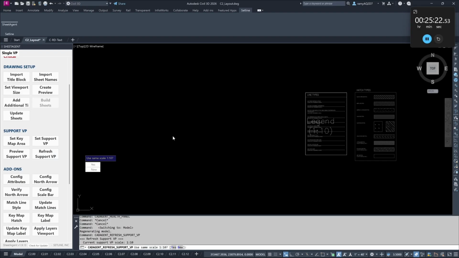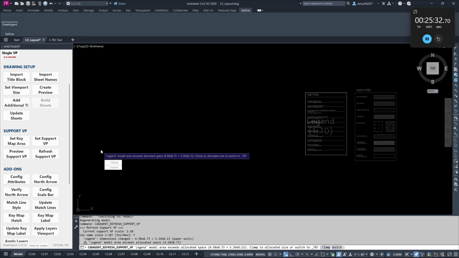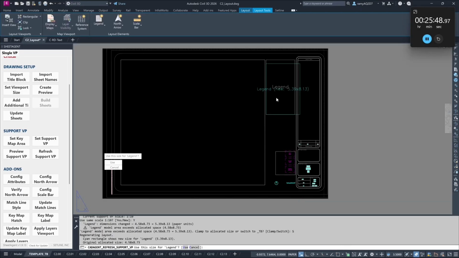And it's going to ask us, do we want to keep the scale? This is our chance. If we want to go to, say, 15 scale or 20 scale and make it smaller and kind of cheat it out, we can. Or we can simply say, use the same scale and switch me to the title block. Clamp means it's going to keep it as trimmed. Sometimes we show bigger and we don't mind it, but let's adjust it properly. So let's just switch to title block, and it's going to draw a cyan